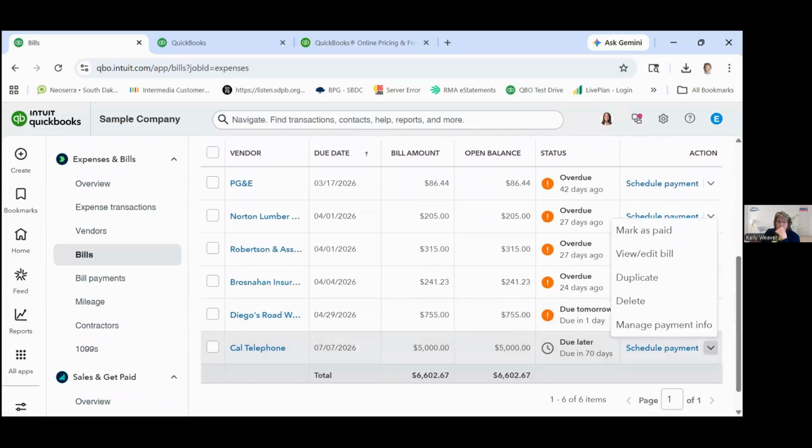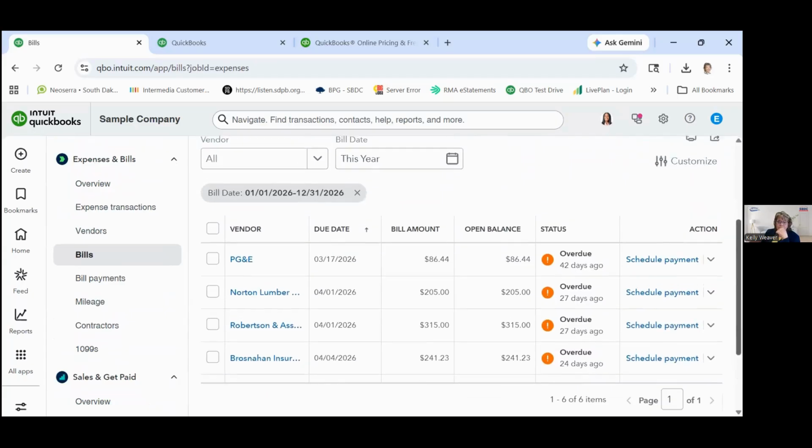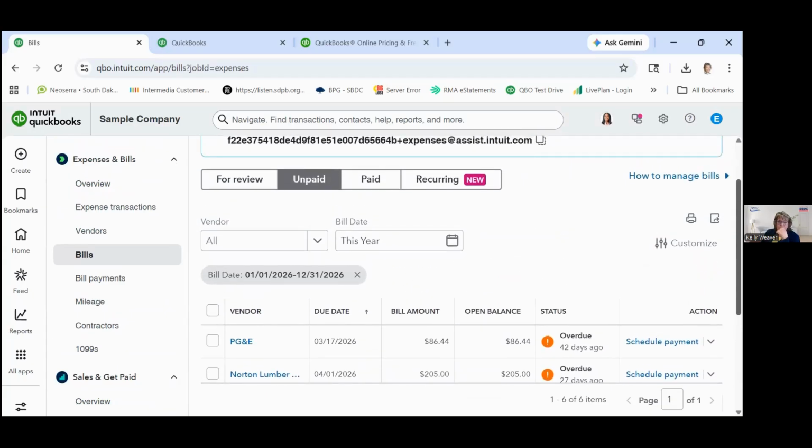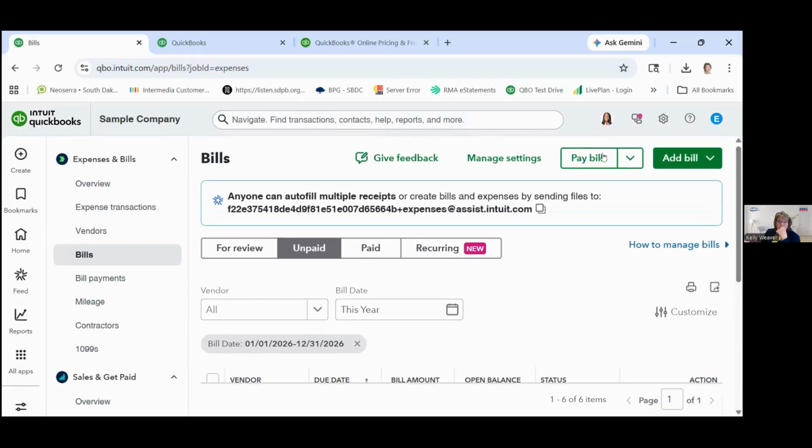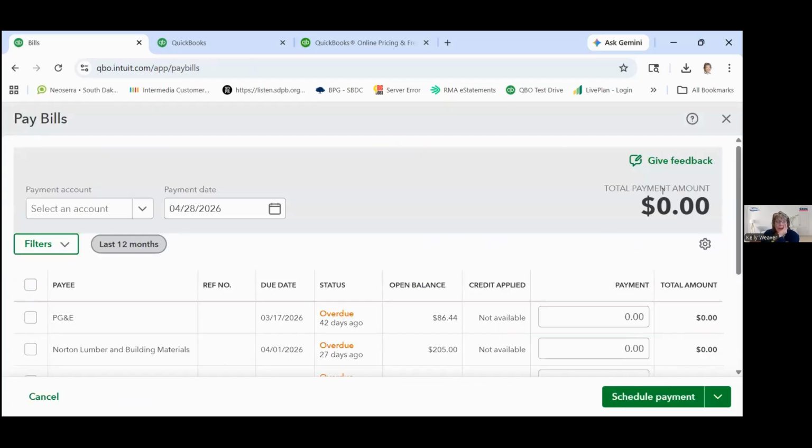Not scheduled payment. What am I missing? There we go. Click pay bills. That's all you need to do.